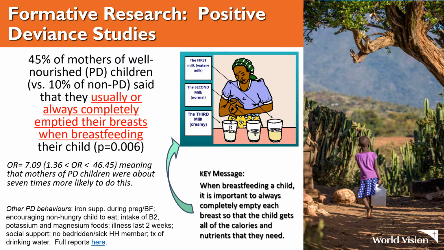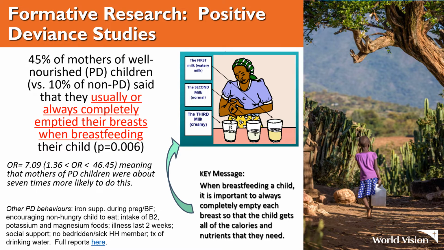In Mozambique, among the 12 important findings, we found that 45% of mothers of the well-nourished PD children said that they usually or always completely emptied their breasts when breastfeeding their child, while only 10% of the mothers of malnourished children did this. For you non-nutritionists out there, this is a very important behavior, because the first milk to come